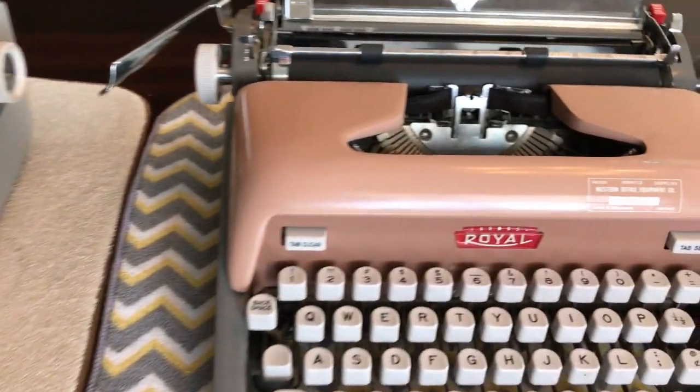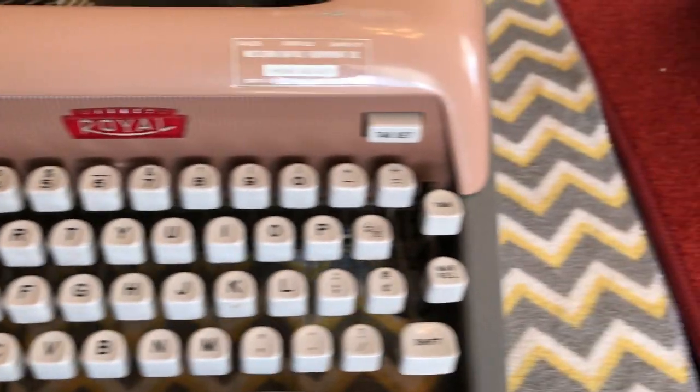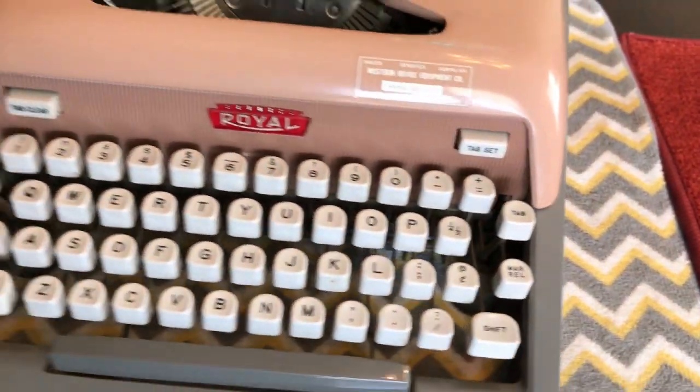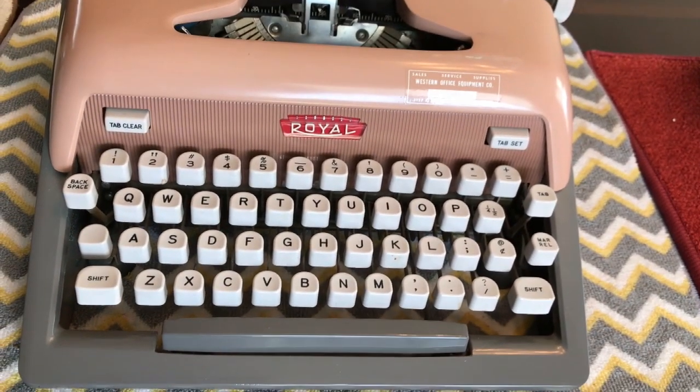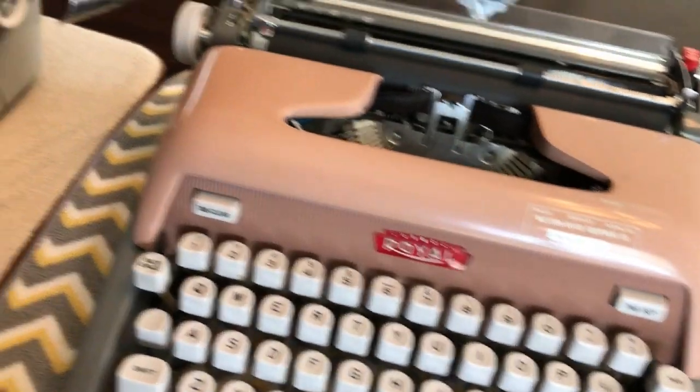So on this 800, as we come over here, we see that it does have a number 1 key, and we see that it has a plus equals key to it. So it has the full keyboard that you would find on any office machine. All the internals are about the same. They all have this lovely